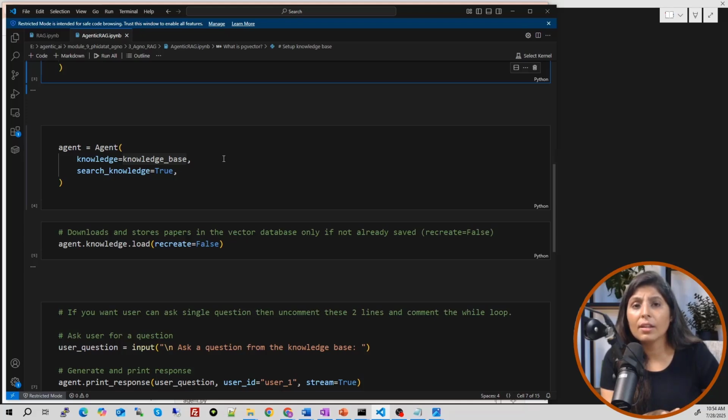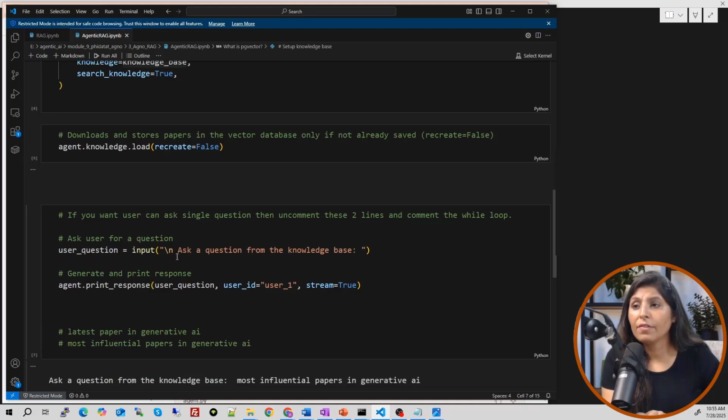So the data is there in the vector database, and we don't want to create duplicate copies in the vector database. If data is already saved, we will not save it again. So for that, we have written this.